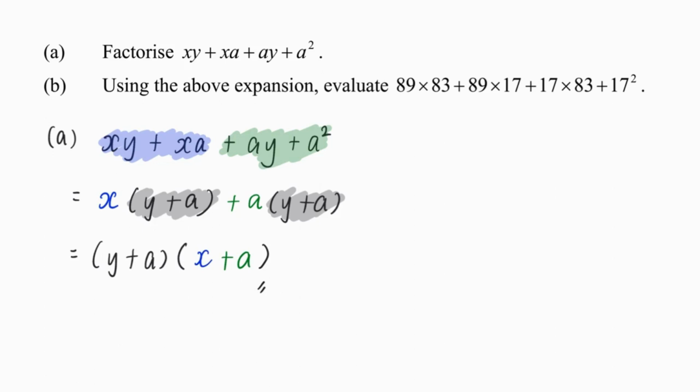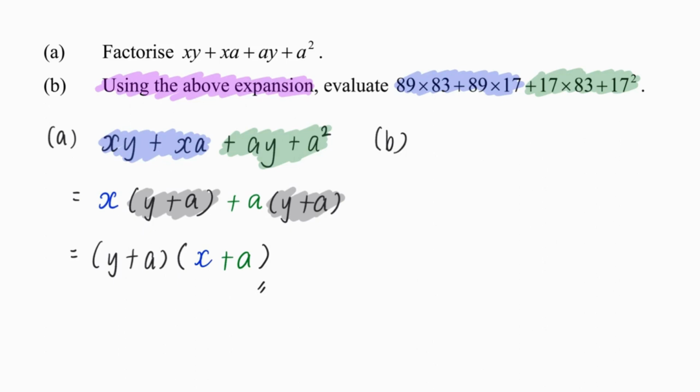Now part B, they require us to use the above expansion or factorization. So right, my first step is to see and observe. Okay, and I do see similarities. I do see that if I were to break this up into 2 groups, I could rewrite 89 times 83 plus 89 times 17, right? As